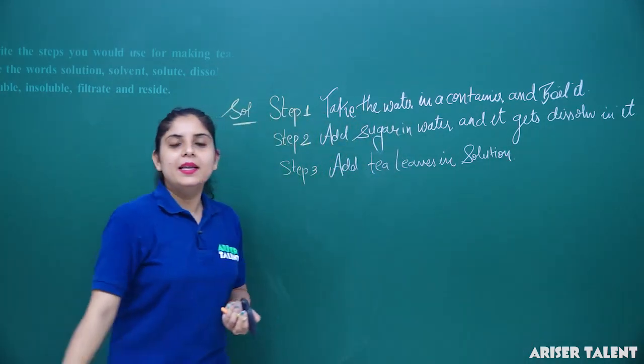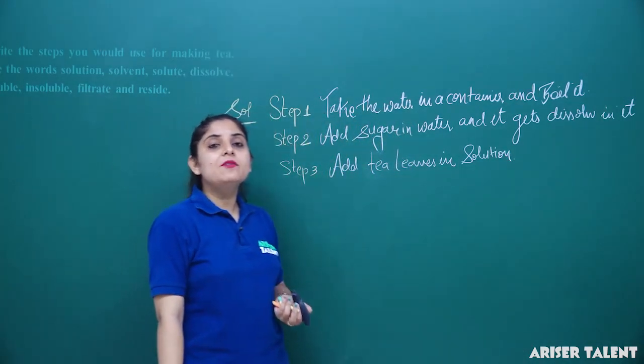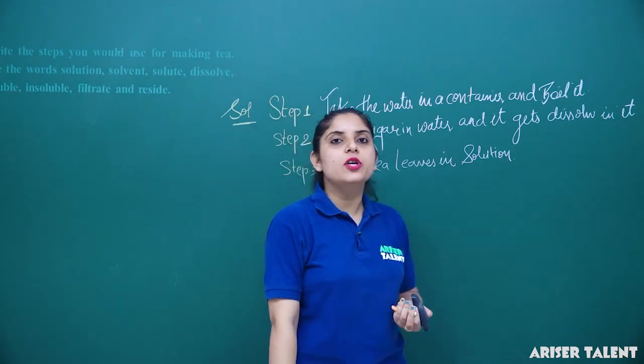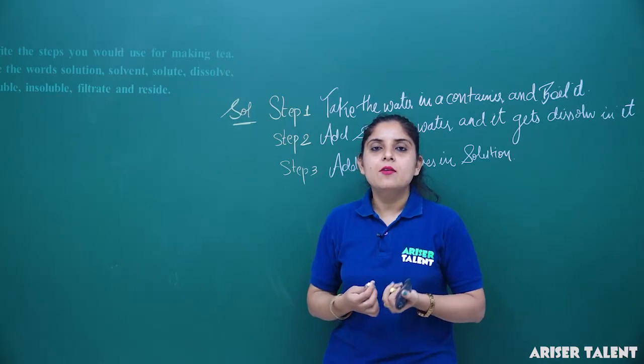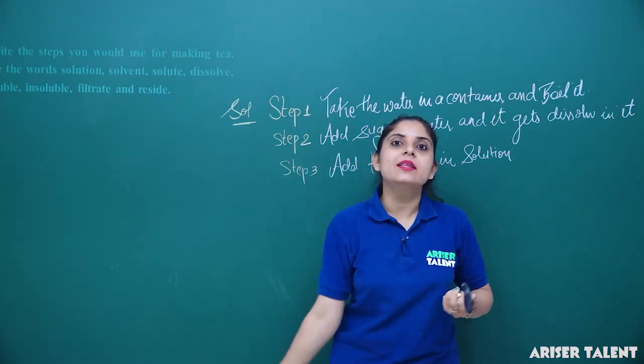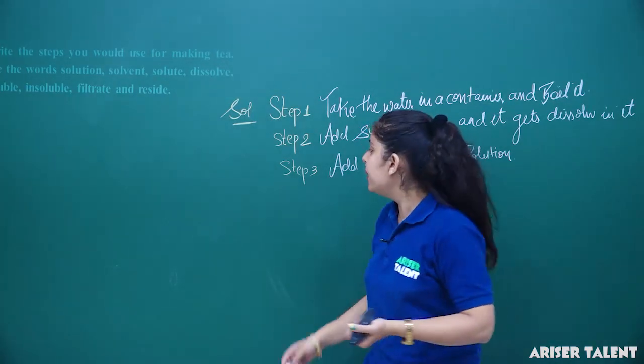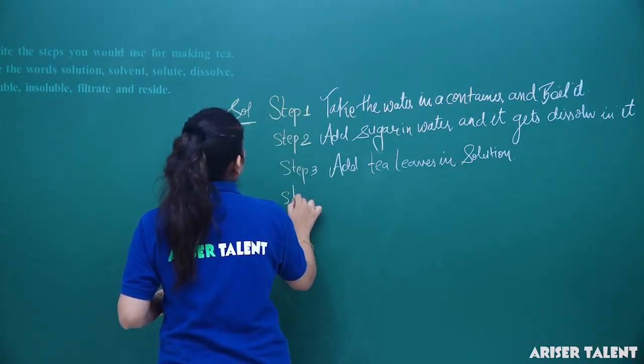You have to add tea leaves in that solution. Now the tea leaves are not going to dissolve in that solution, as the tea leaves that we are using for making the tea, you have to filter that tea leaves for obtaining the tea. Clear? Now in step number 4,